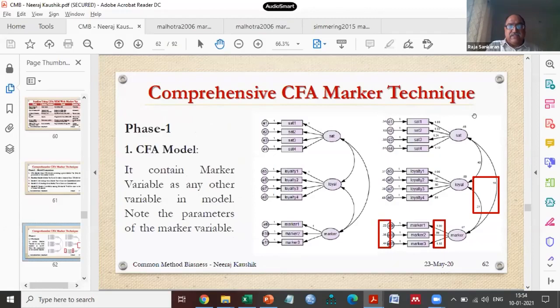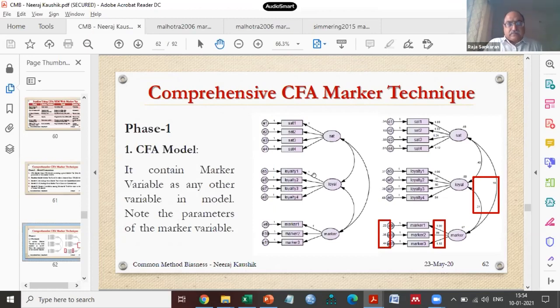Diagrammatically, how do we represent them as part of testing? It is making use of this kind of aspect, like what he has shown as an example of testing a marker variable with different phases. And also, how do we test each one of them with a CFA model? So this is how typically it should be reported, as well as how it should be progressed.